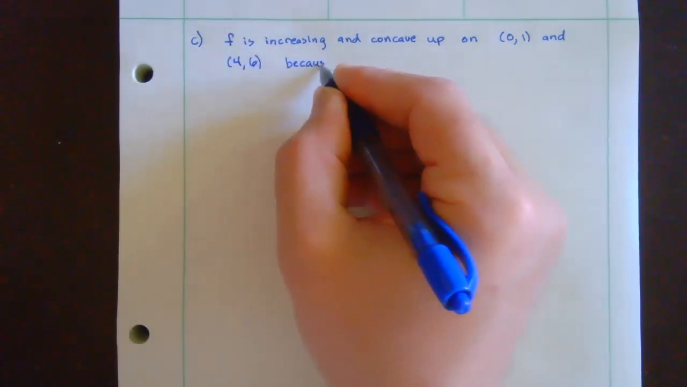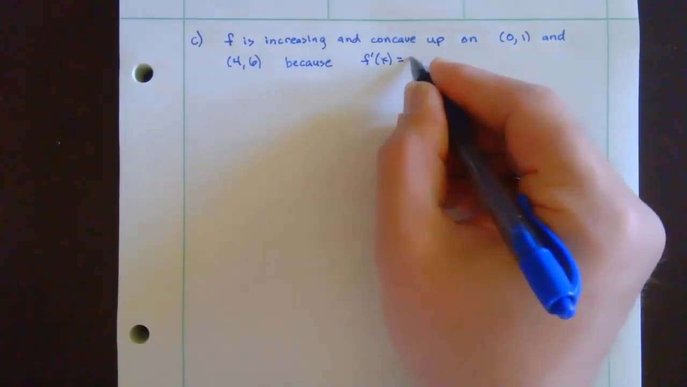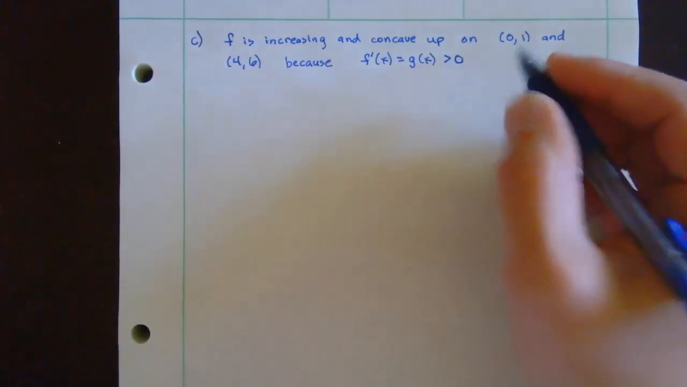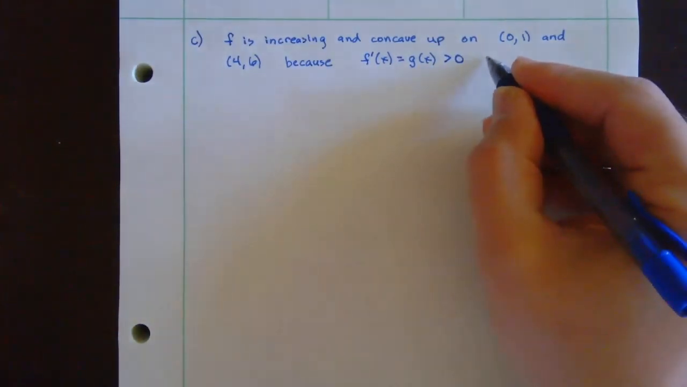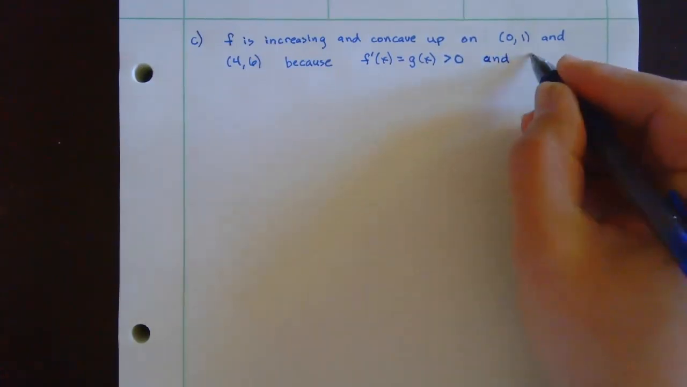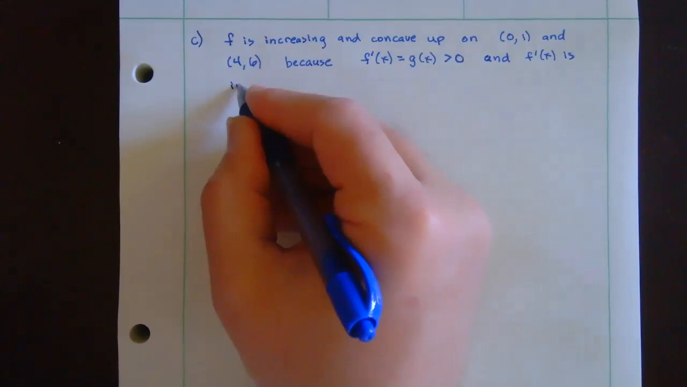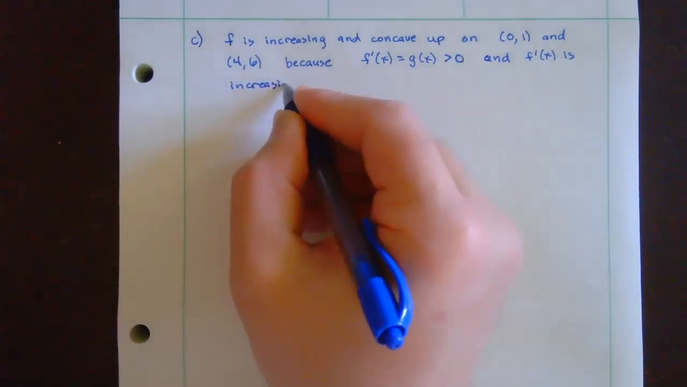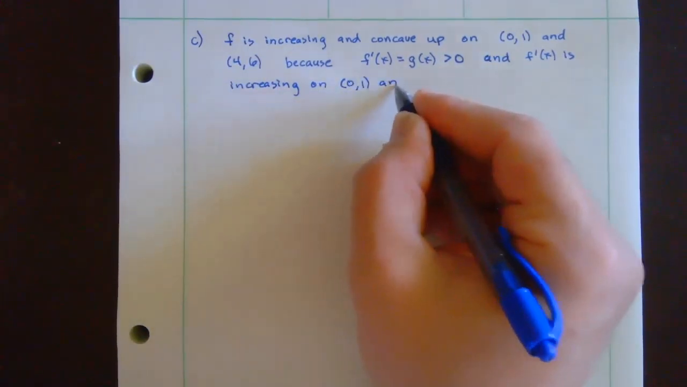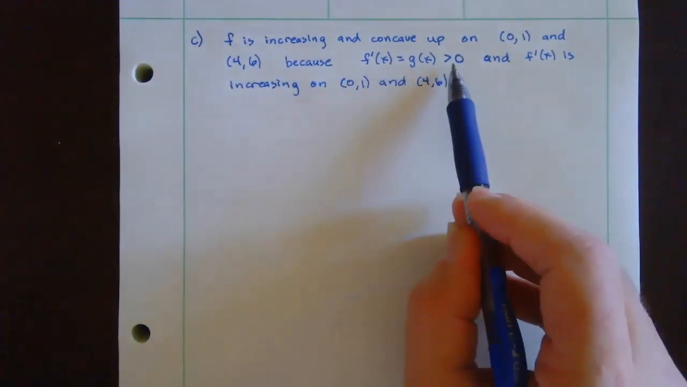Because f prime of x, which is equal to g of x, is greater than 0 and f prime of x is increasing on the intervals 0 to 1 and 4 to 6. So basically by saying greater than 0, f prime is greater than 0, okay, that's saying above